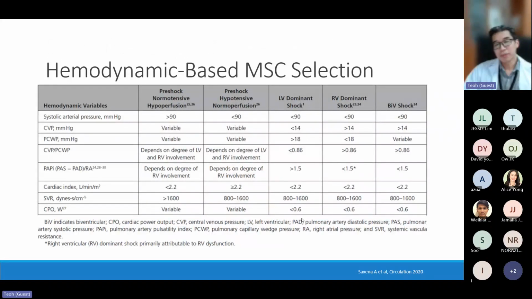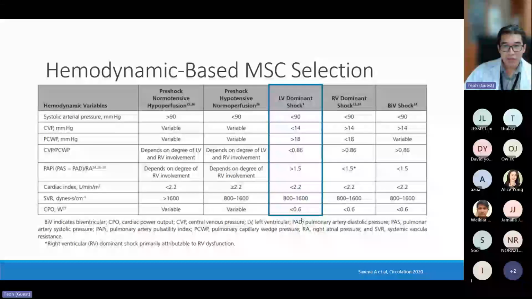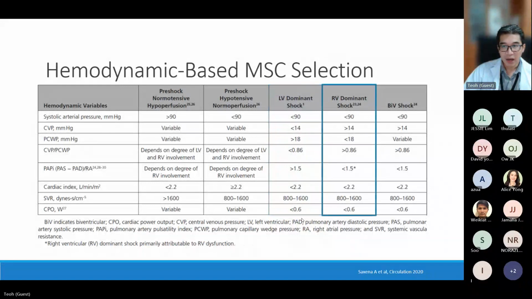And like I mentioned, if the patient has shock, fails to respond to the initial vasoactive agents, and you want to escalate to the mechanical support, you also need to use the hemodynamic parameters to decide whether this patient has LV dysfunction, RV dysfunction, or both,